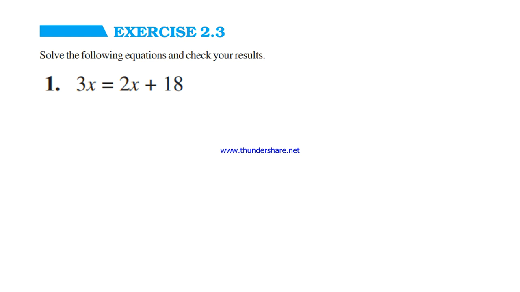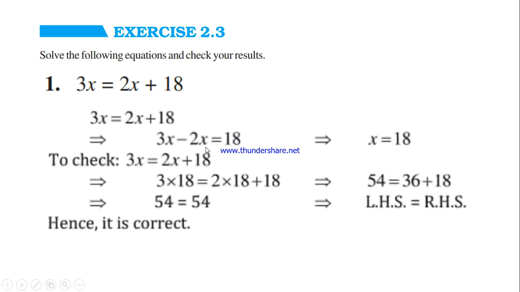So you keep the 3x on the left hand side only. This 2x from the right hand side you are going to bring. This is plus 2x only. The plus is hiding here. So when you bring it, it becomes minus 2x. So 3x minus 2x equal to, on the right hand side what remains? Just 18. Both are like terms, so 3x minus 2x, 3 minus 2, is 1. That is x equal to 18. So what is the value of x? 18. We solved the equation. We found the value of the variable, 18.